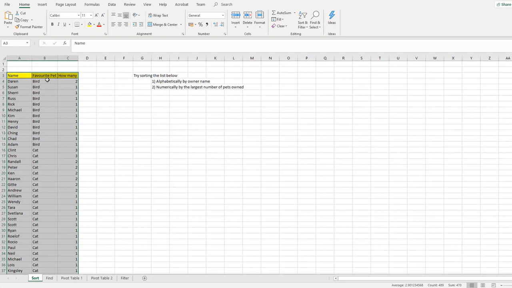So we've got birds are the first pets alphabetically, and Darren at the top here has got 2 of those. So the largest number of birds belongs to Darren. Then the next sort level is cats, and we have got 2 people that each have 3 cats, then 2 cats and 1 cat. So you can see it's sorted firstly by the pet alphabetically, and then secondary within that level